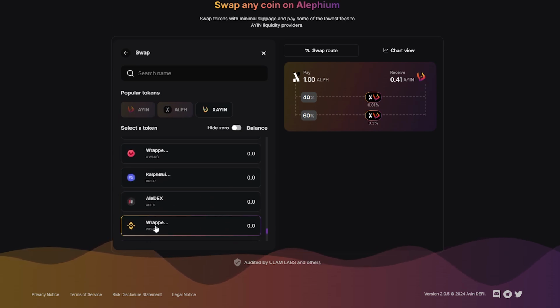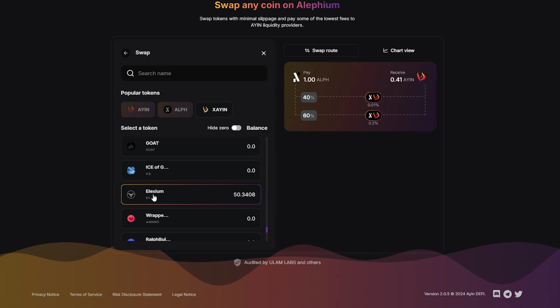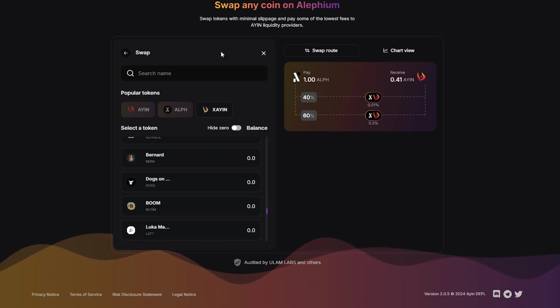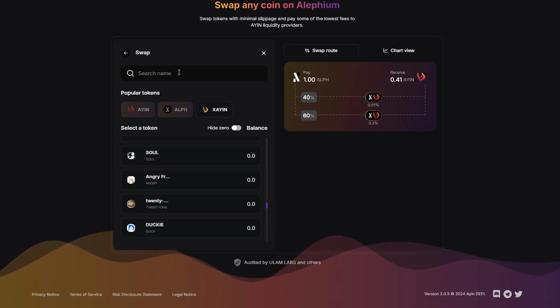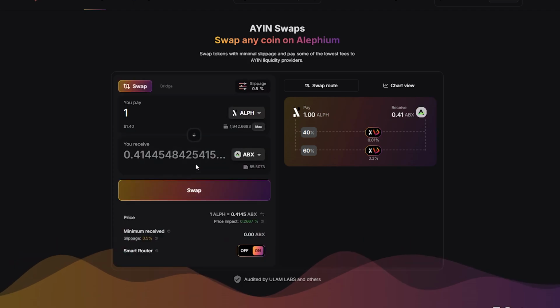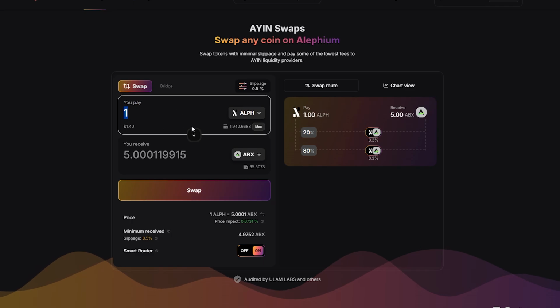So you have wrapped BNB right there, you have wrapped Wang coin, and then you have the Alephium, which is the token of the other exchange as well. So a very close-knit ecosystem, which has a lot of coins that you can buy as well, as you can see there. So you just want to go ahead and pick one. So today, let's just search Alephium, because I've been kind of looking at that lately. So you have Alephium as your top coin, and then Alephium as the second coin. Let's just trade one Alephium.